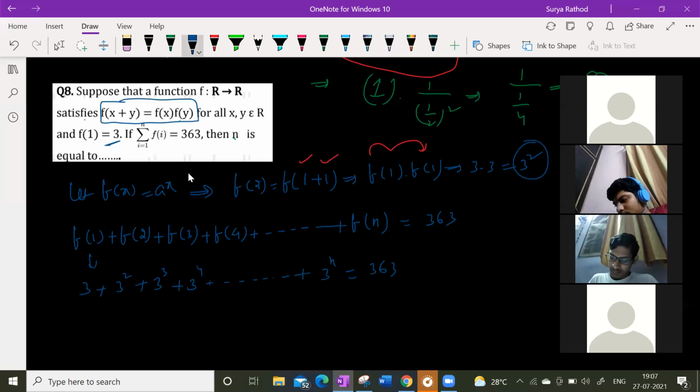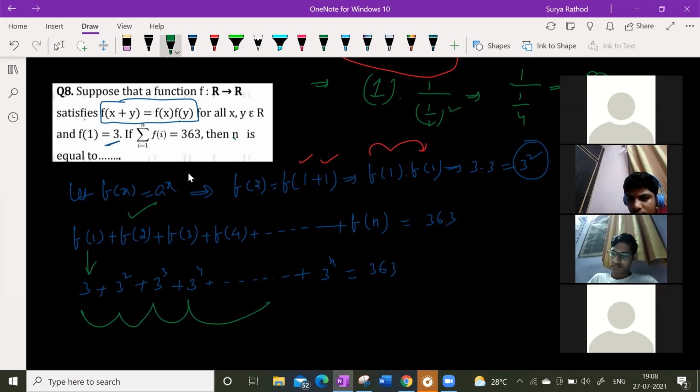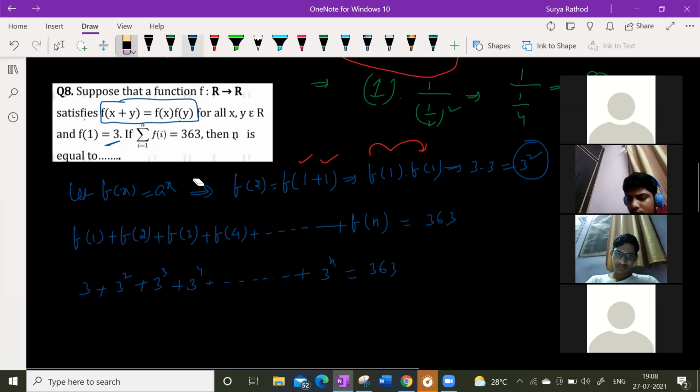This is how we can solve. So no need of solving for everything here. If you solve, he has given f of 1, f of 2, then immediately you will be able to understand the series. They go 3 power of 1, 3 power of 2, 3 power of 3, 3 power of 4. Like that you can understand immediately. You can write the sequence of that. Clear? Yes or no? Very simple.